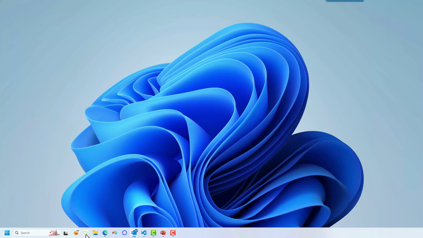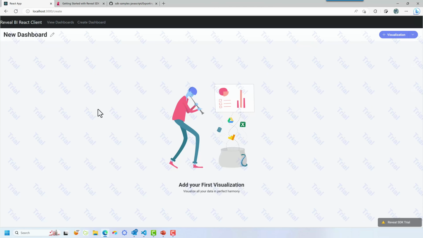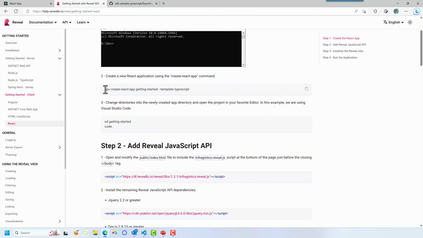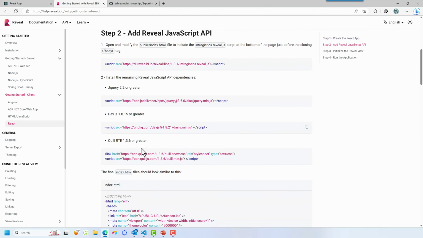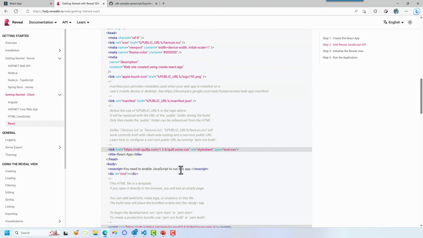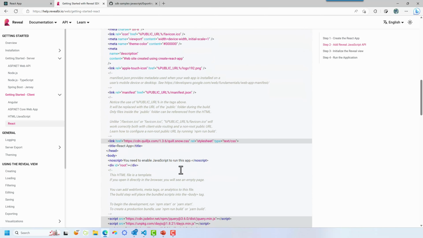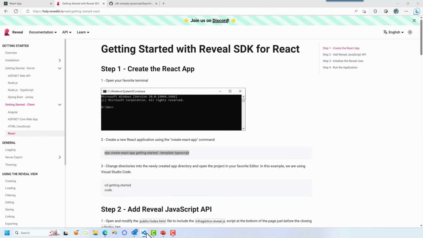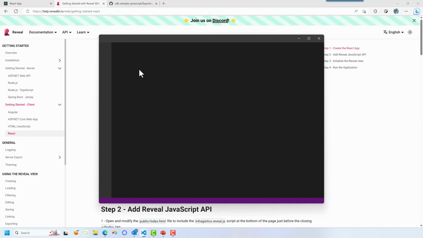So let's go ahead and start using our documentation to create our React app. In this case, we're going to create a getting started app using TypeScript. We're going to add the JavaScript dependencies, and then we are going to create those individual screens for viewing dashboards and loading dashboards, etc. So the first thing that I'm going to do is open a new instance of Visual